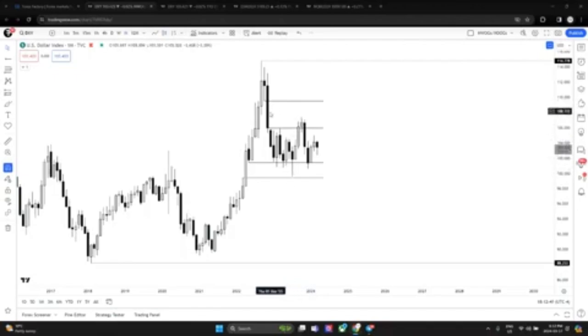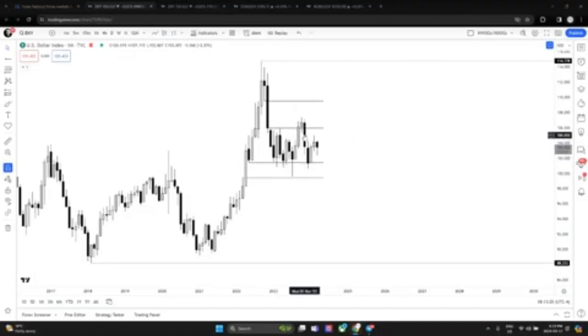So here you can see that price is within a range bound market condition, which means that it's between two higher time frame swing points. It's between this one and this one. What makes this condition even more low probability, but listen, just because it's low probability doesn't mean that we can't find moves, because we can on the lower time frames. It's just that when you look at the monthly chart, it's a bit difficult to decipher where it will go, but once we drop down lower, then it becomes easy, right?